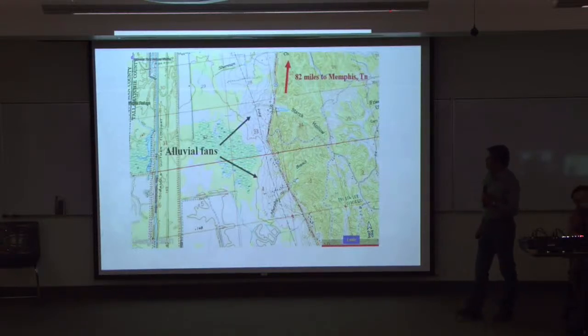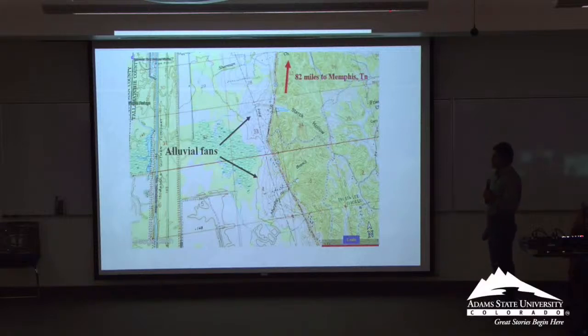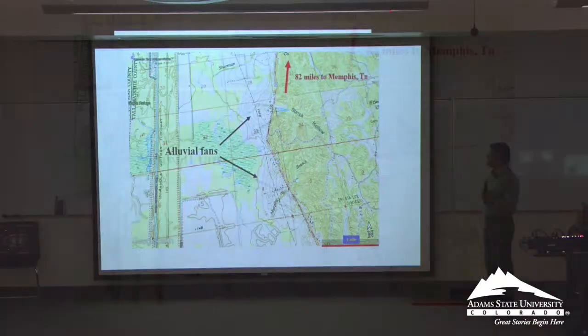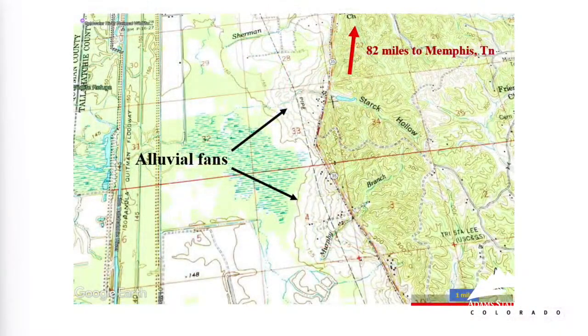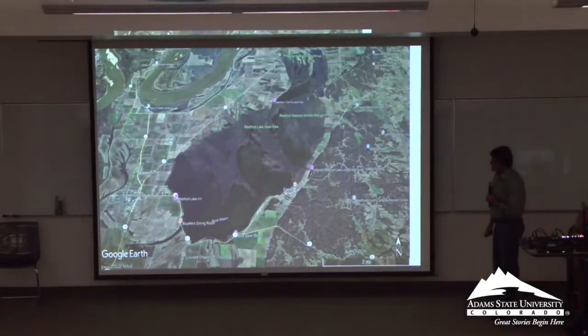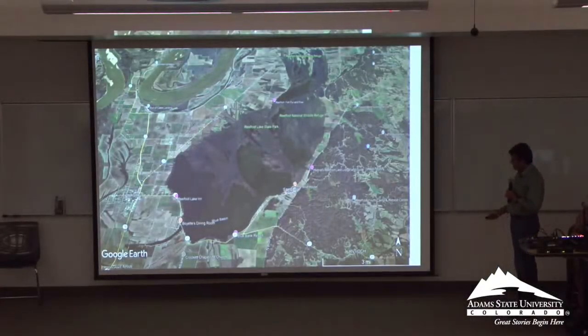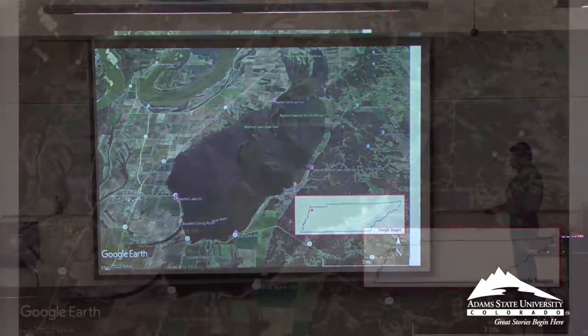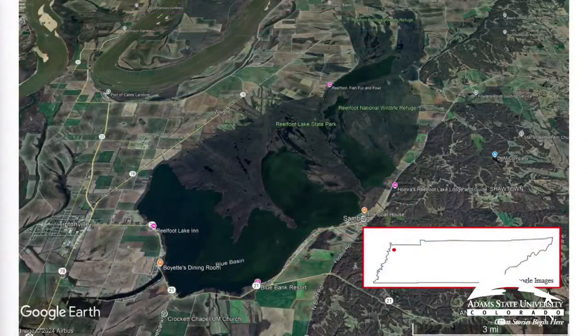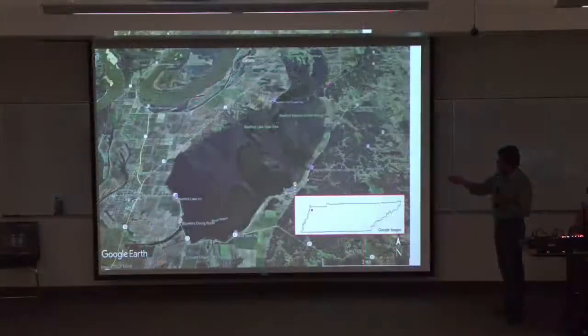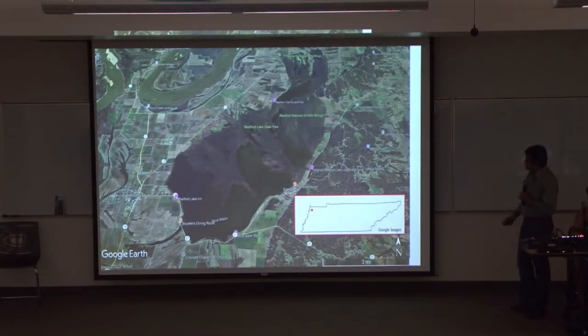So what we're going to do next is go to Tennessee. This is the area that I have been doing some work in, and we'll compare the fans there to what we've been seeing so far. So this is Reelfoot Creek. This is located in the northwestern part of the state of Tennessee. It's the largest natural lake in Tennessee. This is the Mississippi River, so it's just east of the Mississippi River. And this is the Mississippi Bluff Line.